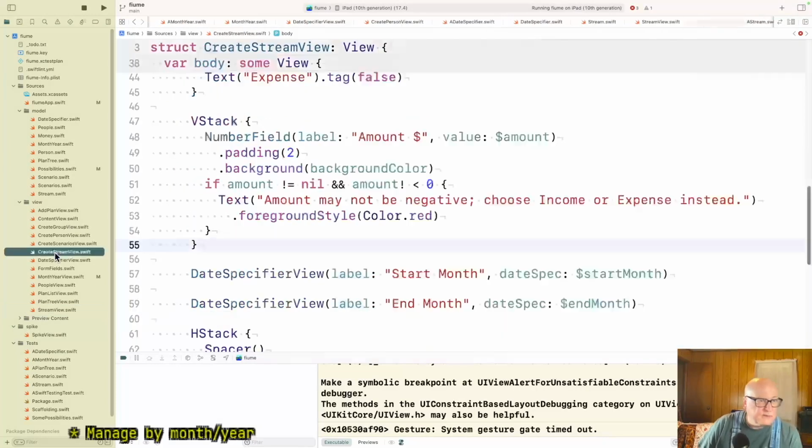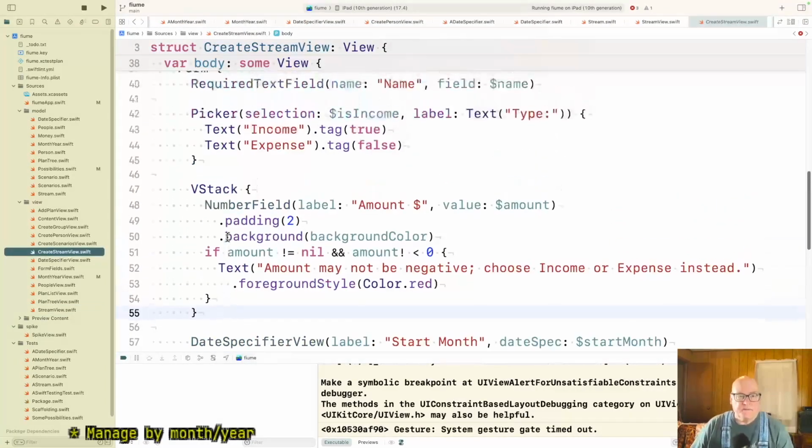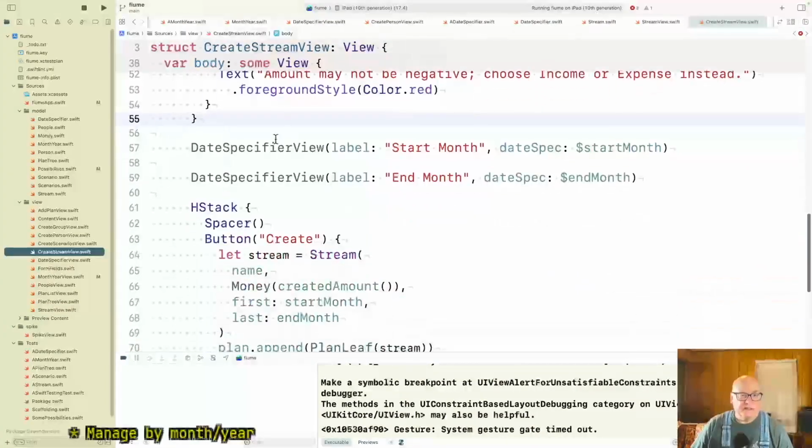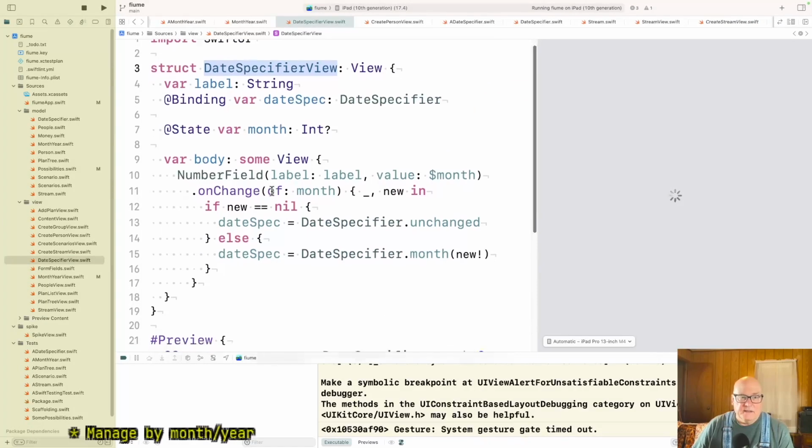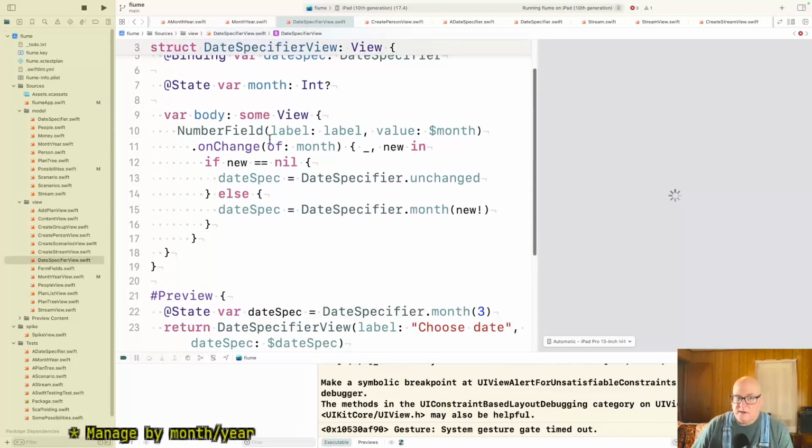Create stream. We have the amount and a date specifier view. Yeah, that's the thing that's going to change. Right now, if it's empty, we treat it as unchanged.